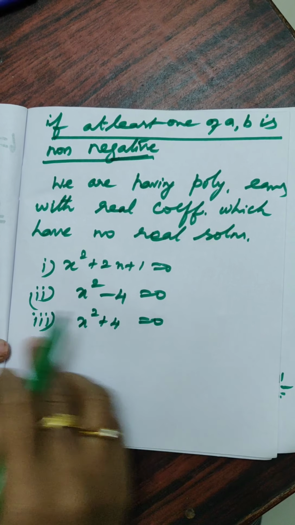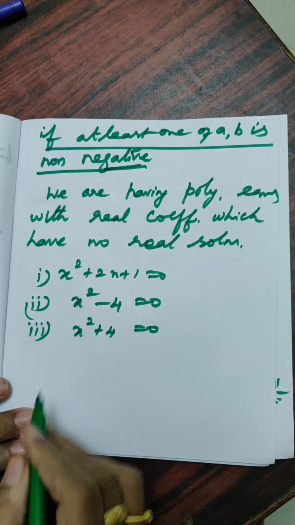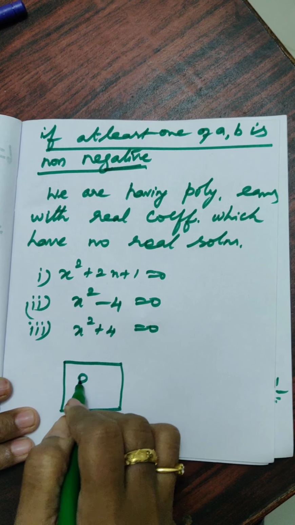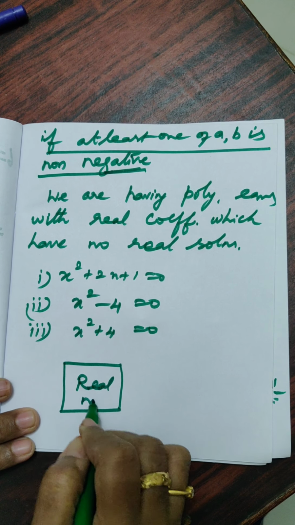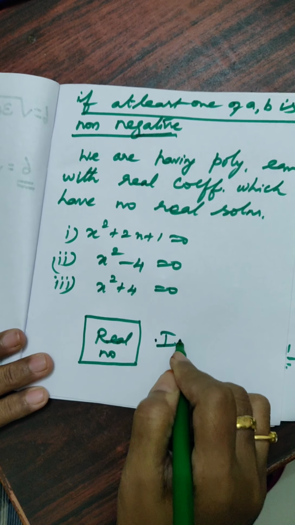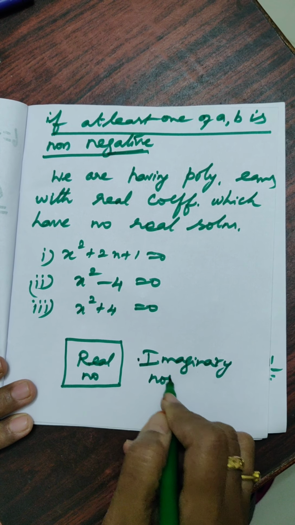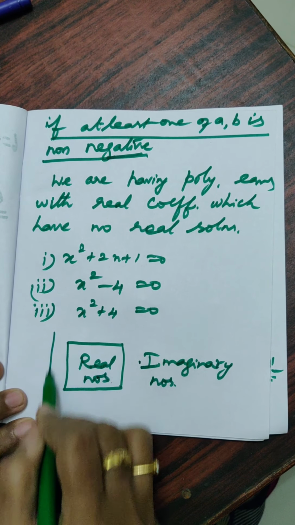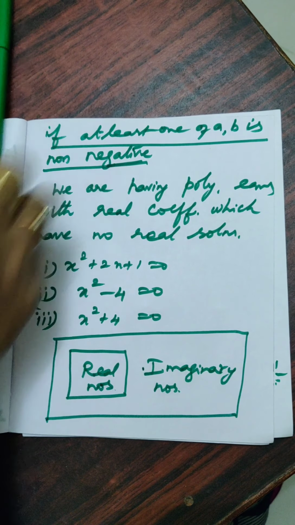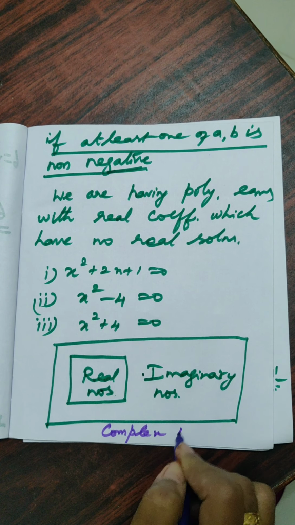No real solution means we have to expand our number system, which means you have to give more information about the number system. So now our number system, as I already discussed, goes first up to real numbers, and I am going to include one more number system, that is imaginary numbers. These real numbers and imaginary numbers together form a new number system, that is called your complex number. Is it clear now? What is the meaning of complex number? Shall I repeat once again?